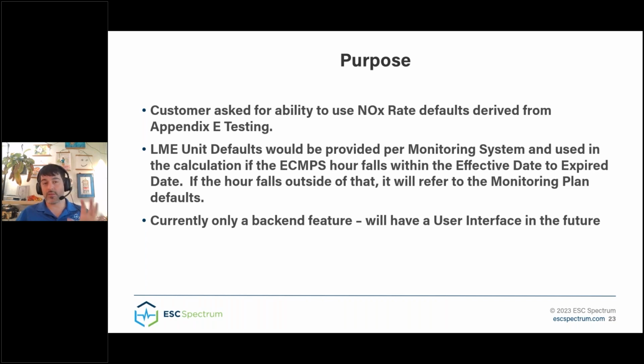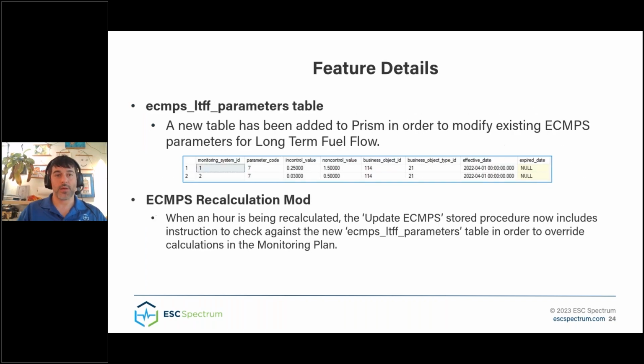So currently, this is only a backend feature. In the future, we'll have a user interface. So what that means is right now, to use this feature, there is a new table in the database that you'll have to go in manually, but we will have a user interface in the future. So how it works is we have this new table, this ECMPS long-term fuel flow parameters table, and this lets us set up these relationships between